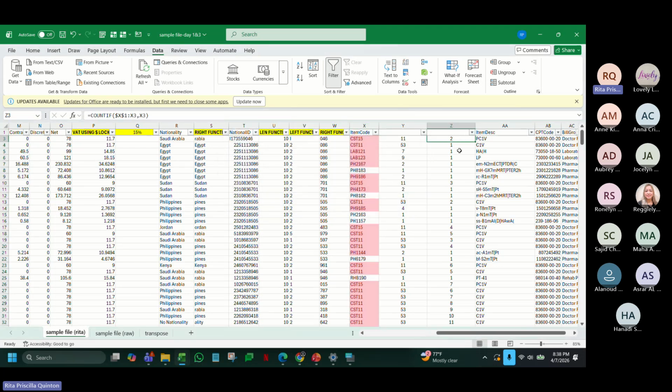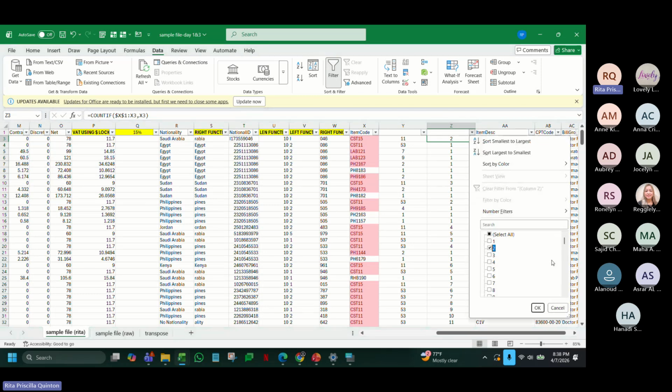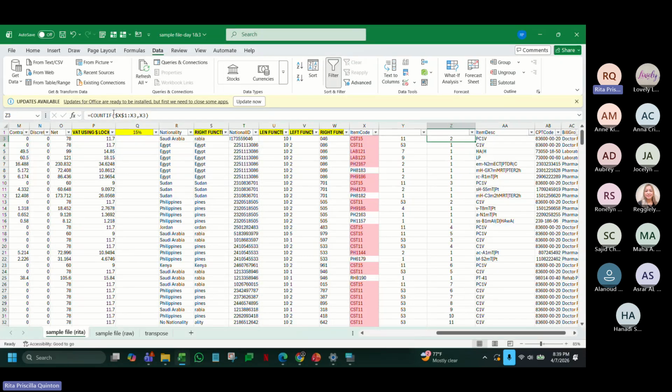This count if is useful also for you if you only need those patients that were repeated twice. Why? Sometimes you need to know only the consultation follow-up, for example. So you want to see if this patient got follow-up for the second time. So that is counting if for the, let's say, episode or the patient. So that's up to you. The criteria, it's all up to you.